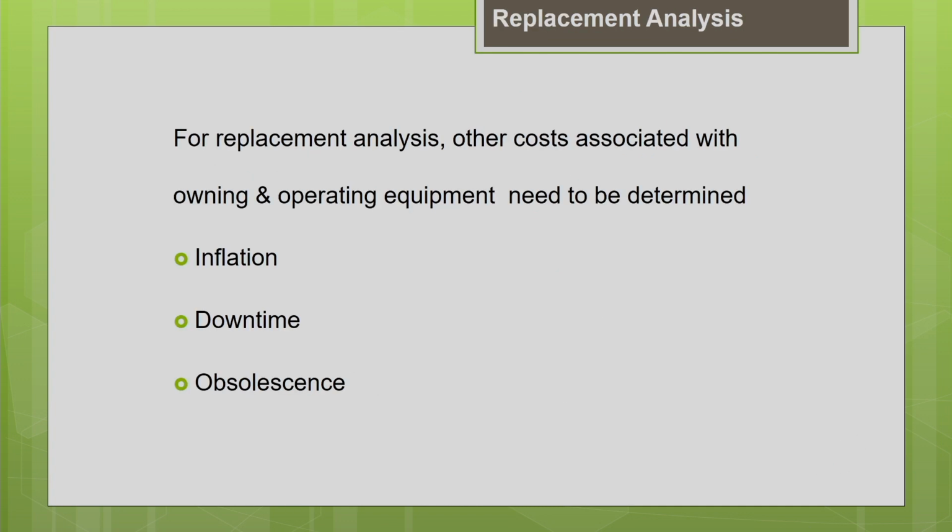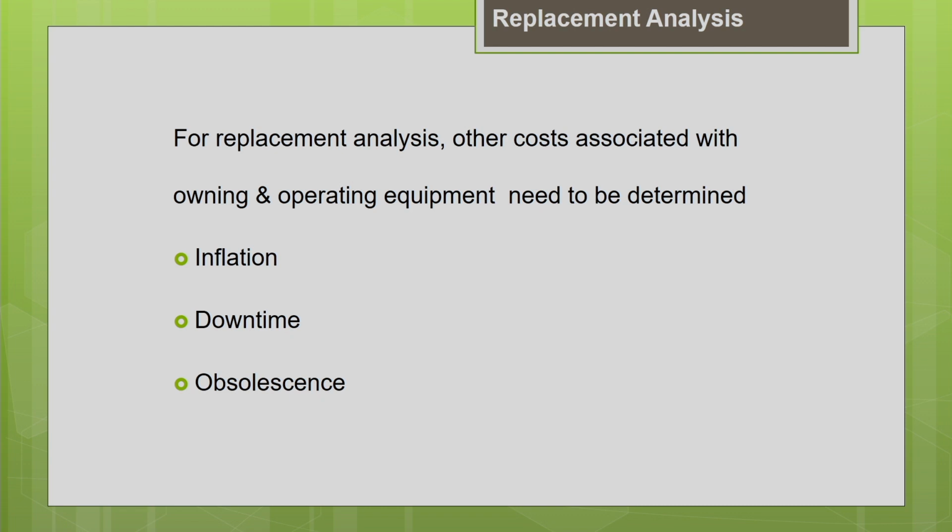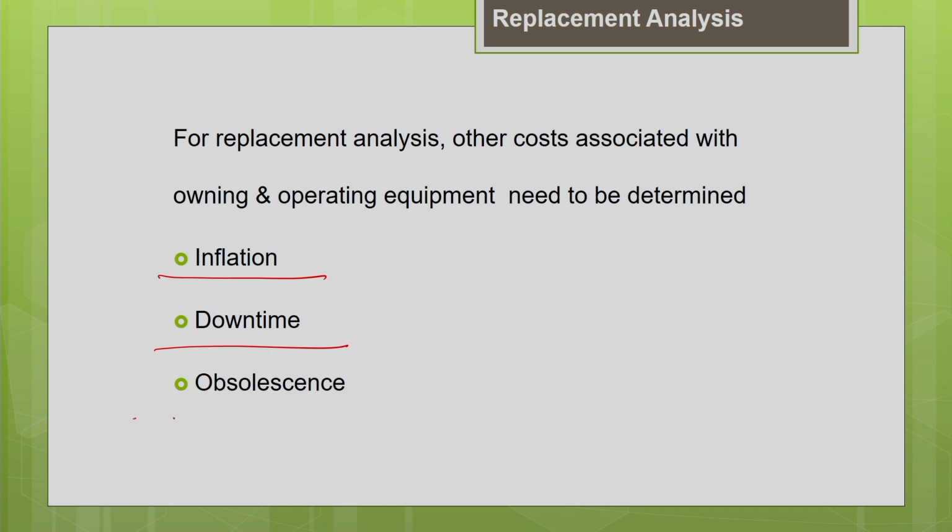So coming to the replacement analysis, now we are going to estimate the economic life of the machine. We will be working out some illustrations on how to estimate the economic life of a particular machine. As I told you, to make an accurate estimation of the economic life, to do the accurate replacement analysis, I need to include all the cost components. We have discussed different components of the ownership cost and the operating cost. So we have to consider all the costs involved in the equipment cost estimation. Some of these costs we have not discussed earlier, and we are going to discuss them now.